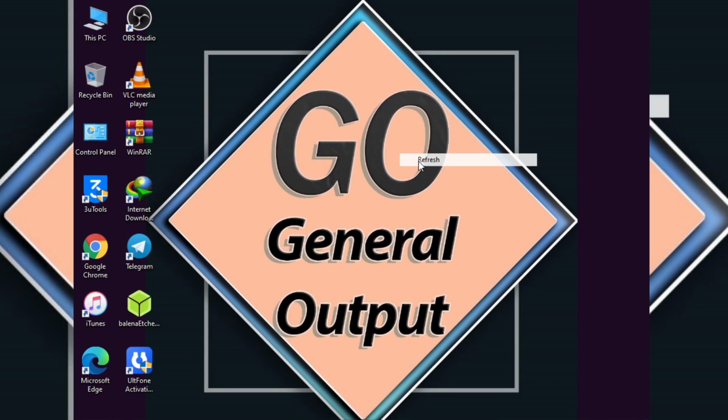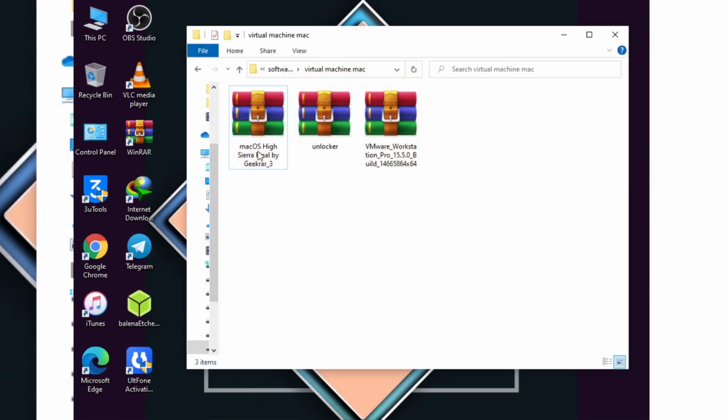Today in this video I'm going to show you how you can save your time by not rebooting to checkra1n or going towards make and then running the tools, but you can do it very easily in Windows. You can run all the Mac tools in Windows by doing this process, and I'm going to show you the whole process. This is going to save you so much time.